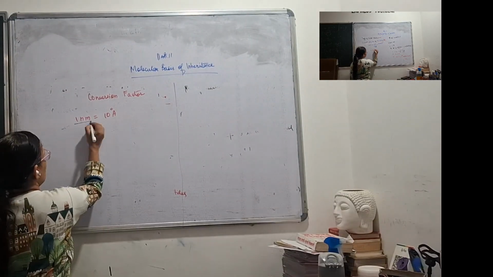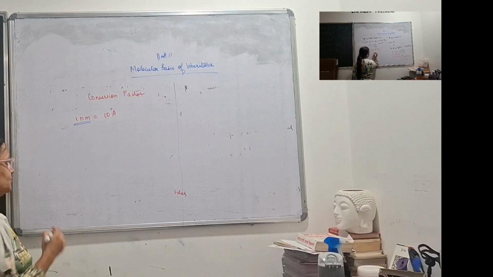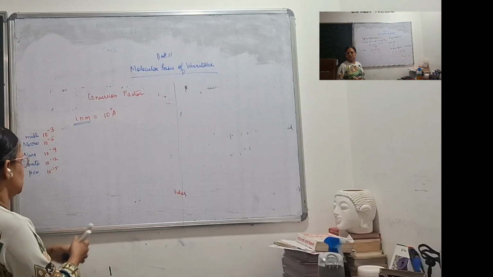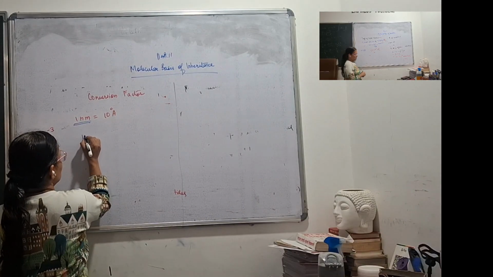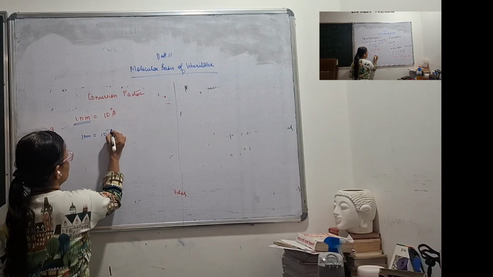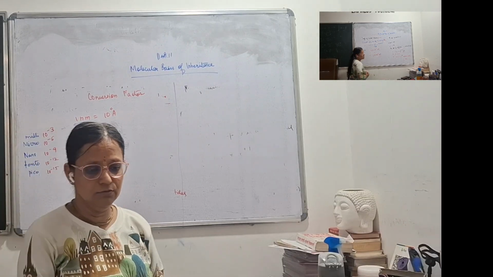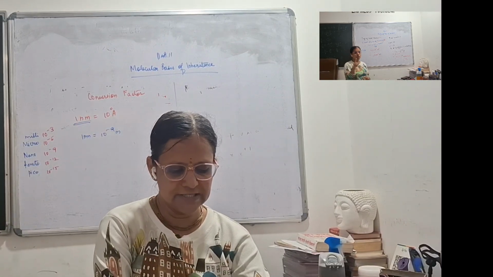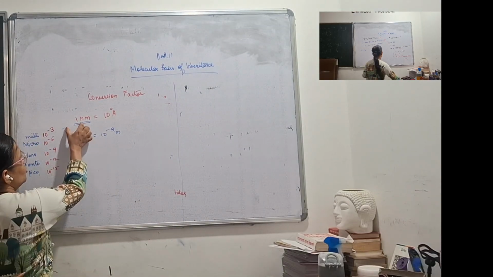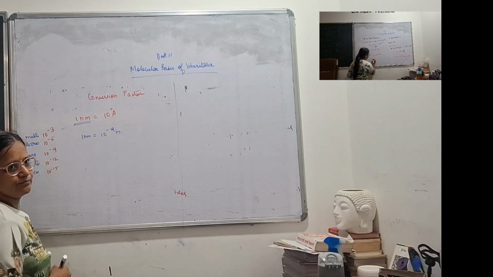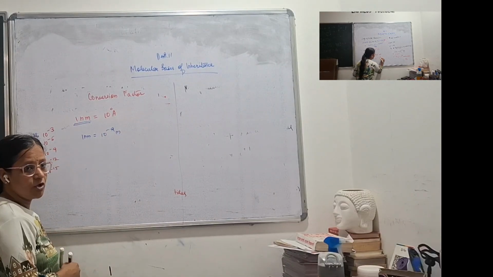Now nano meaning what? Nano meaning 10 raised to minus 9. See, so 1 nanometer, if I have to convert it into meter, then it will be how much? 1 nanometer is equal to 10 raised to minus 9 meter. So this you must know. These are basic conversion factors. Now 1 nanometer is 10 angstrom, right? Then if I have to convert angstrom into meter, what will be the value?